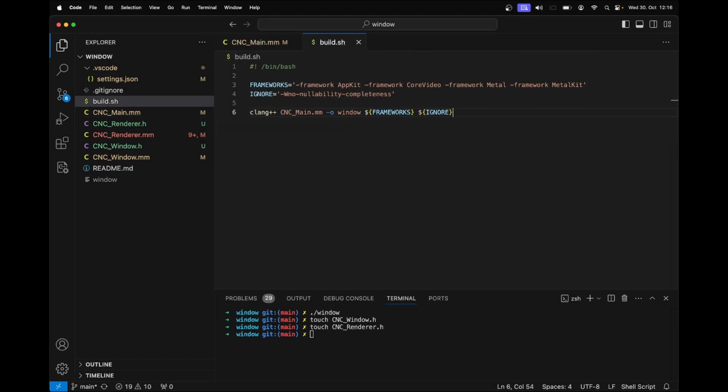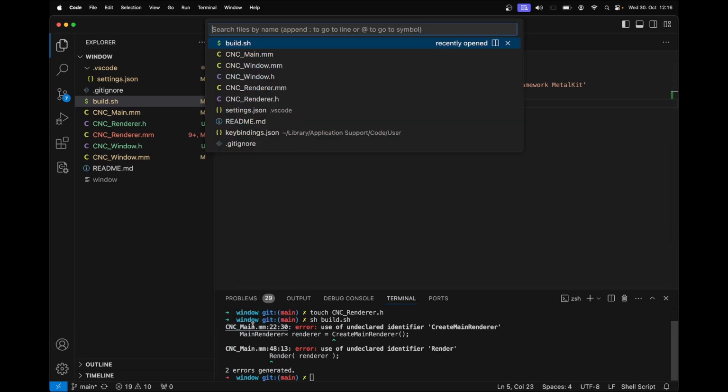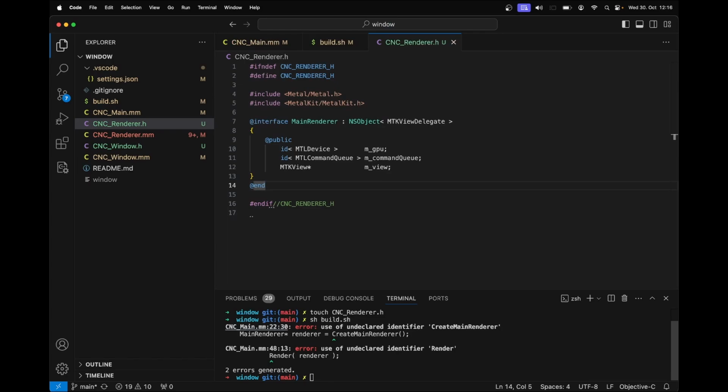Now that both header files are implemented, I will go ahead and change the build shell script and define the Unity build symbol. And first build failed. Obviously I missed adding the create main renderer and render function to the header file, and that's a problem because